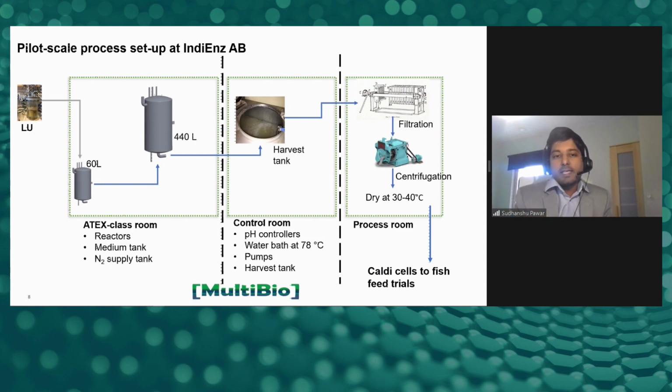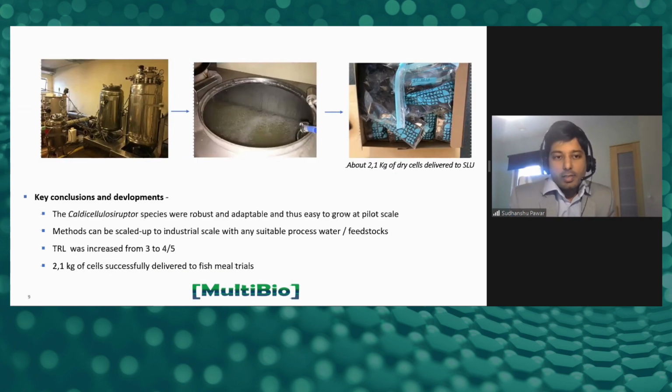So we modified the existing facility of a company close to here, and there we managed to produce or scale up this process. Eventually, to conclude the development there, we saw that the Caldicellulosiruptor species that we typically use for the biohydrogen process are robust and adaptable, and it was easier to grow them at pilot scale, contrary to our assumptions. And the methods we developed were very easy to scale up,